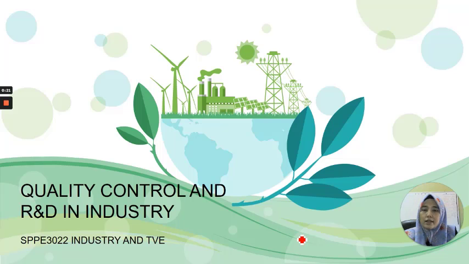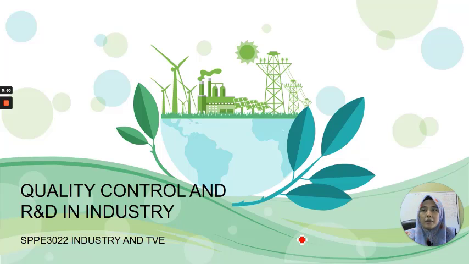So before this, kita dah cover tentang the basic principles in management and also the basic principles in industrial operation and system. So at least by now you should have an idea how the operation in an organisation works. Okay, so macam mana sesuatu produk itu dihasilkan, bagaimana organisasi dia dibentuk, bagaimana mereka beroperasi dan sebagainya lah.